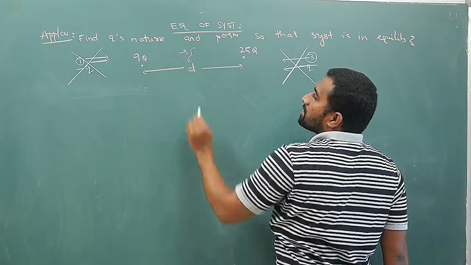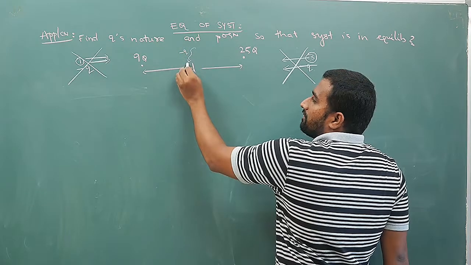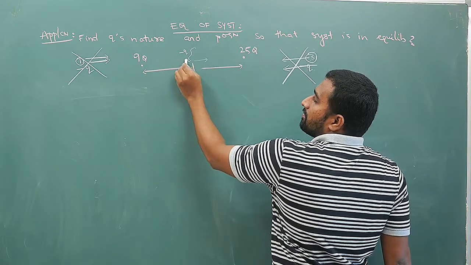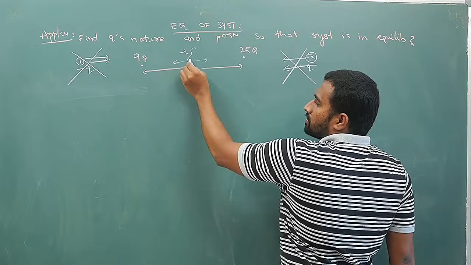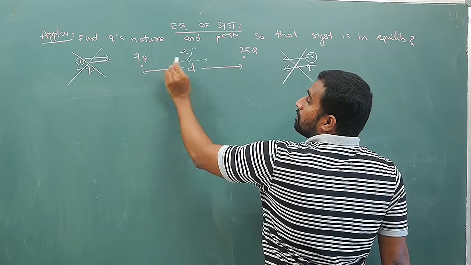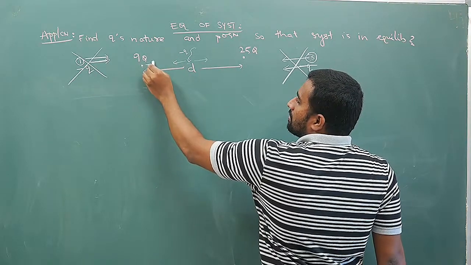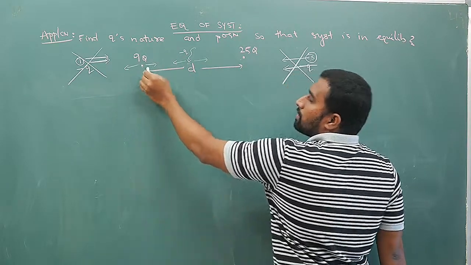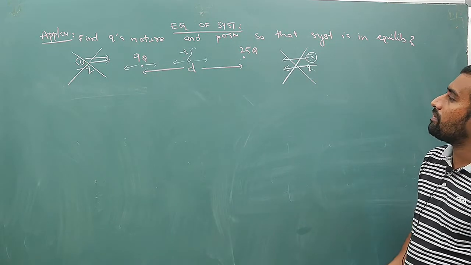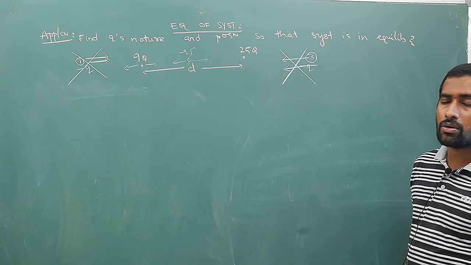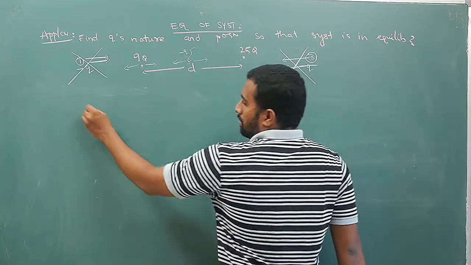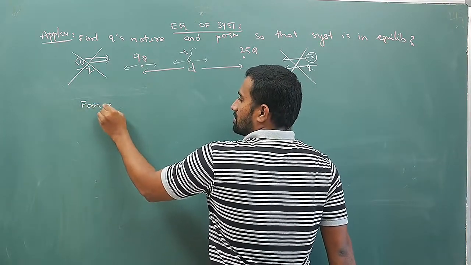Now if you place minus q in the middle, look at the force on this charge: anyhow it is attraction because of 25q, attraction because of 9q, so the force is 0. And if you look at 9q, on 9q minus q will attract and 25q will repel. So on 9q also there is a possibility of the force becoming 0. So from this part I can conclude that you have to place a negative charge, and that too in the middle. So now I'll write, your situation is like this.